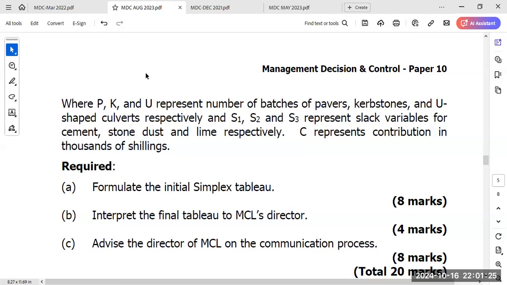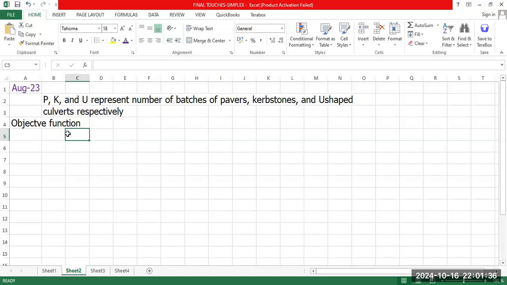So don't start bringing in your Z or your P. They have told you C represents contribution, so as you state your objective function, it should be C max. You cannot say Z. You cannot say K. They have defined contribution is equal to